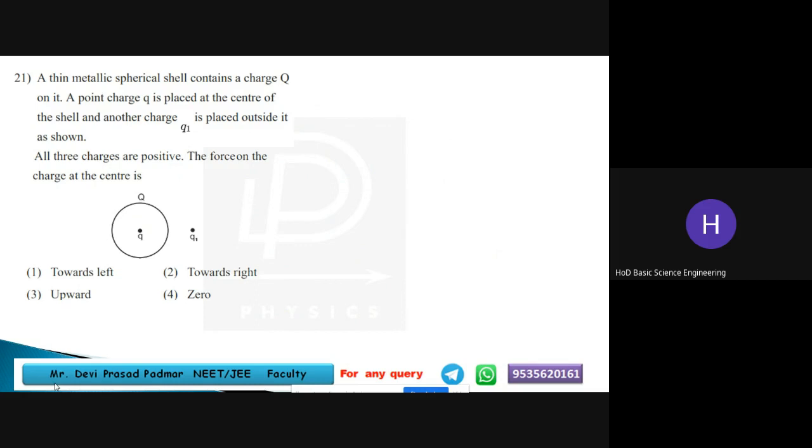A thin metallic spherical shell contains a charge Q on it. A point charge Q is placed at the center of the shell and another charge Q1 is placed outside. Just look at the diagram. So Q1 is outside and Q is inside. Now this surface has some charge capital Q. All these three charges are positive. The force on the charge at the center is